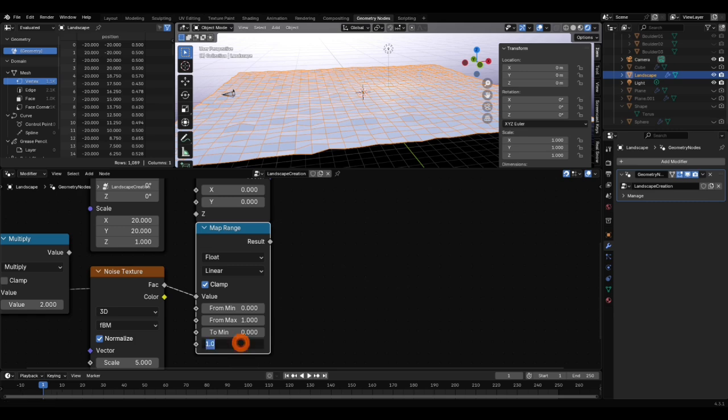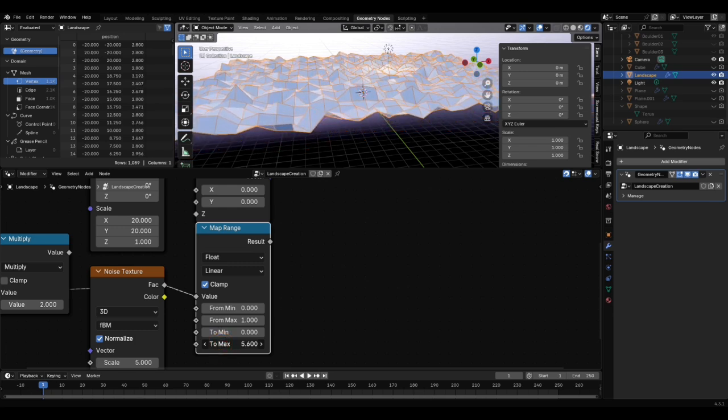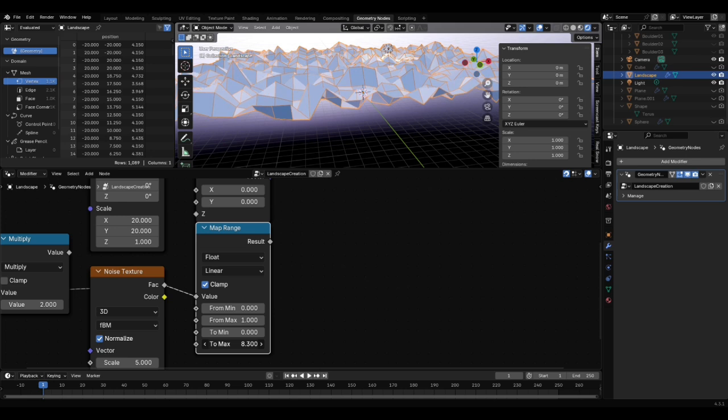So if we set the max to 2, we should see our displacement double. Watch the spreadsheet up here. The last position is our Z-axis position, so we should see these numbers double exactly. And there we have it. We can set it as high as we want to get the same displacement as we would have with the multiplier. One other neat thing we can do is adjust the minimum value as well, so that we know all